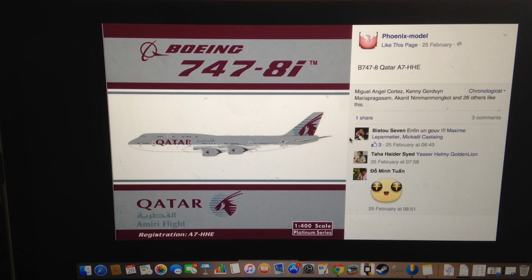But overall, I think this aircraft would look really freaking nice. I think overall this is an absolutely fantastic model. I love the Qatar Airways livery. I think this would be amazing to just fly on, especially because it's the Amiri flight, which I believe